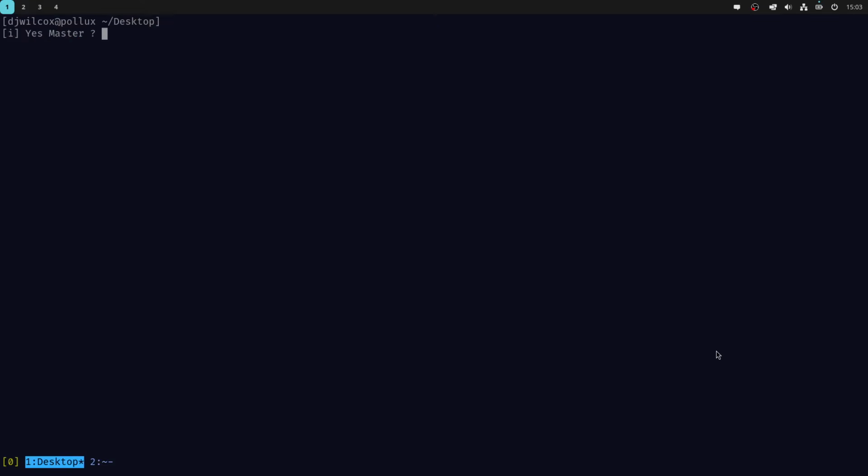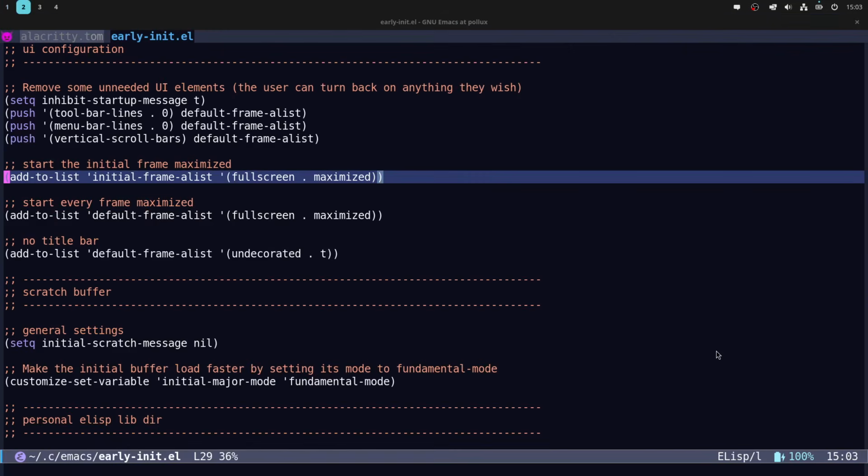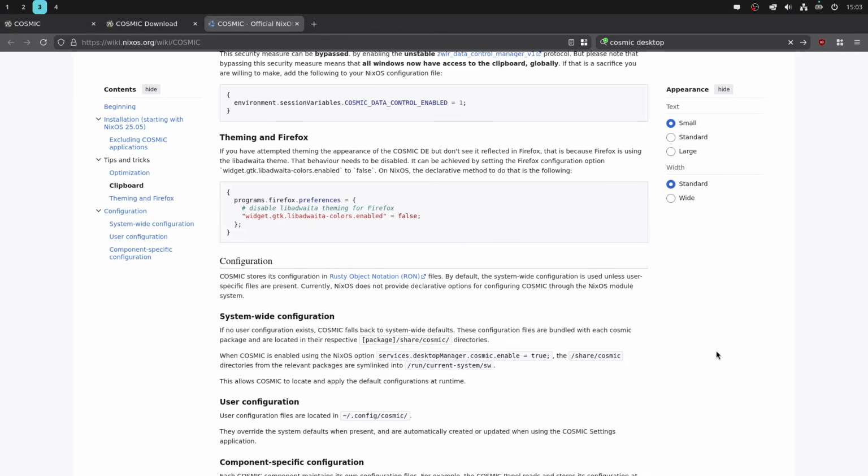So typically my workflow would be Alacritty with tmux, Emacs with tabs, a browser, and then on the external monitor, I'd use it to play videos. And that's basically my workflow. So I'm not losing anything by switching from DWL to the Cosmic desktop, because I've got the functionality I need. I've got the independent workspaces per display. If I switch across to